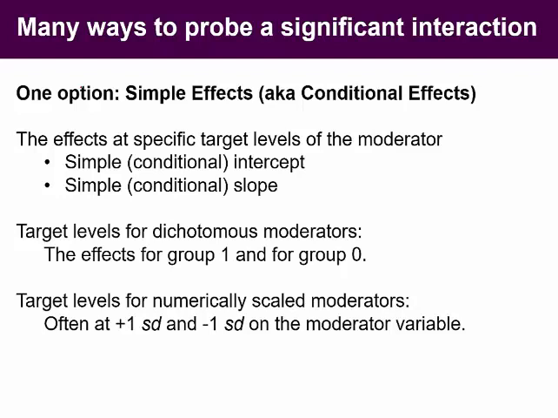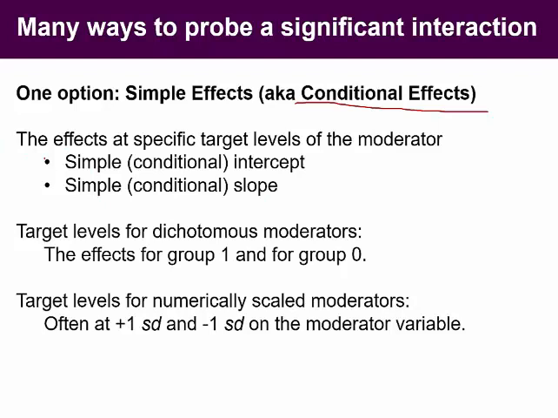And one good way to do that is to do something that we'll call calculating simple effects. Another term for this is conditional effects. What we want to know is the intercept and the slope for people in one group, and the intercept and slope for people in another group. Because if we have a significant interaction, it's saying that our slopes are not the same for the two groups. So what is the slope for group 1, and what is the slope for group 0? And we'll call these